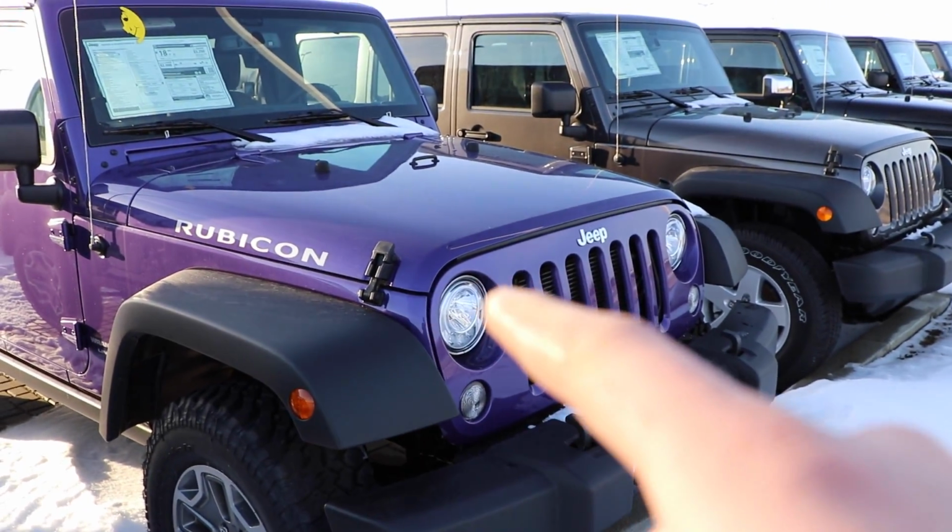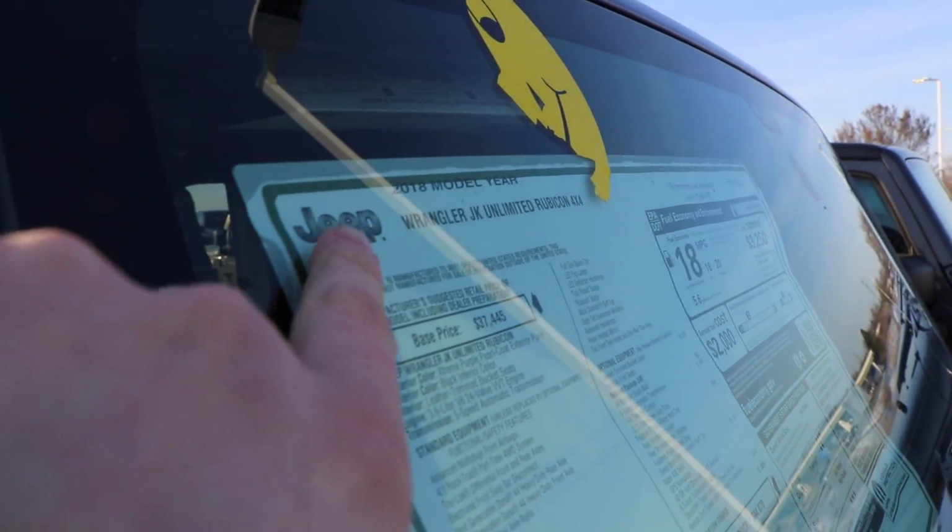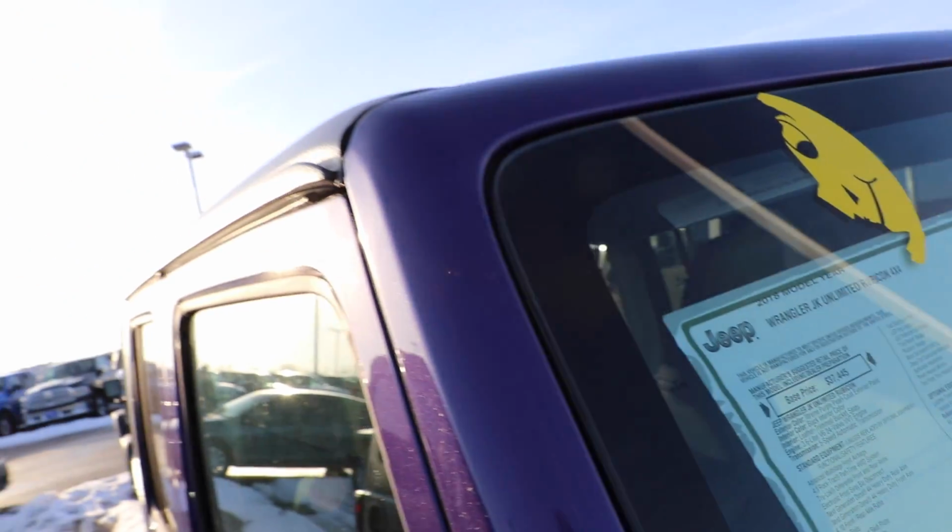This purple color is amazing. As weird as that sounds, I would drive the heck out of this thing. But here's a 2018 Wrangler JK Rubicon. Actually, correction, I would not drive the heck out of this thing. It's an automatic, so I would not drive it, but 2018 Wrangler JK Unlimited Rubicon 4x4. So the biggest package you can get, fully loaded,